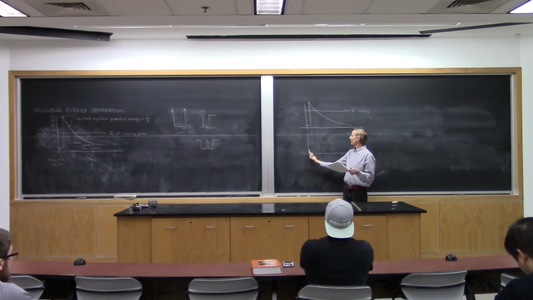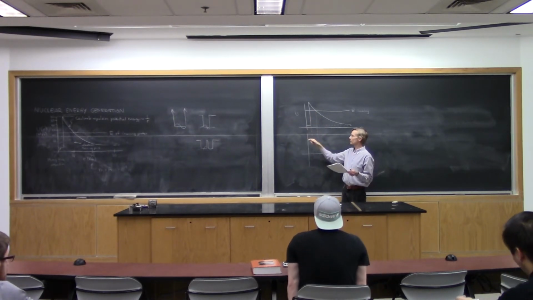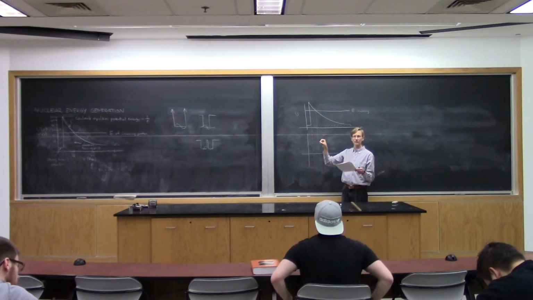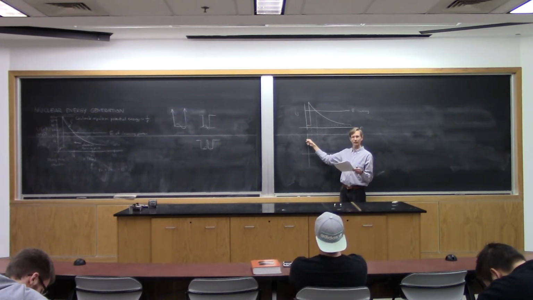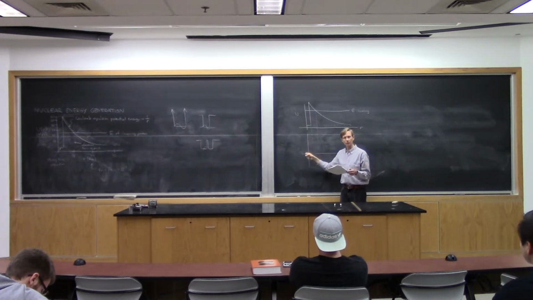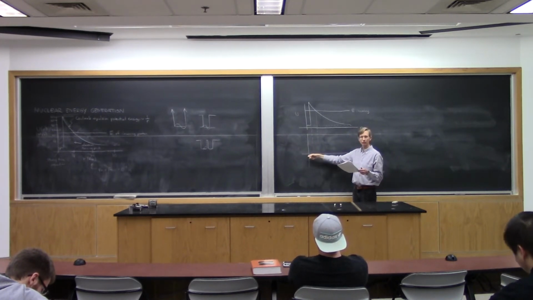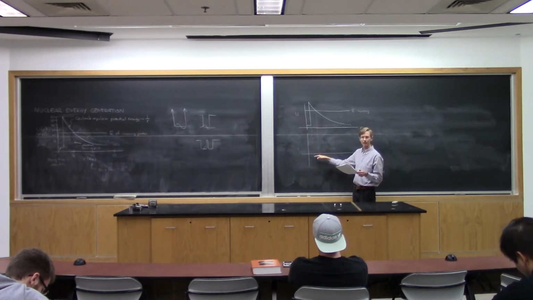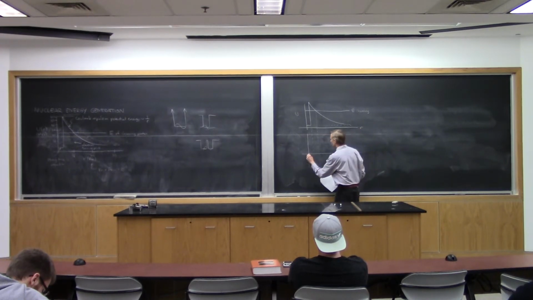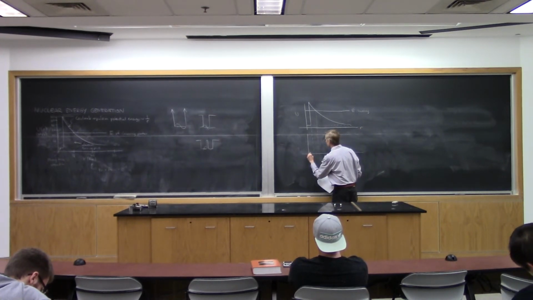Because the particle can't go to r less than 0, it's like there is an infinite barrier at r equals 0, so the wave function goes to 0 at the origin. If it were an infinite square well, this might be an energy corresponding to one wavelength fitting inside the well. But if it's a finite square well,